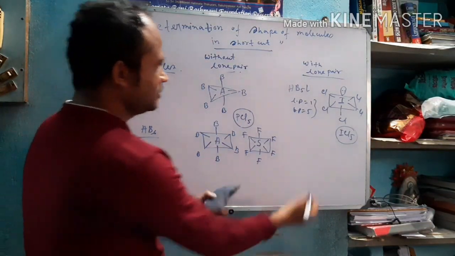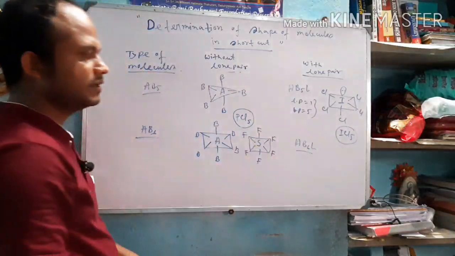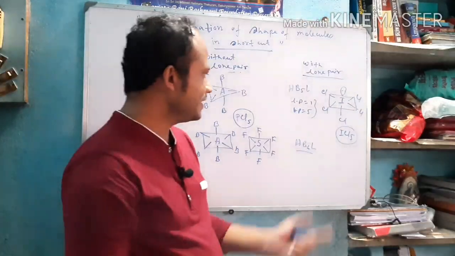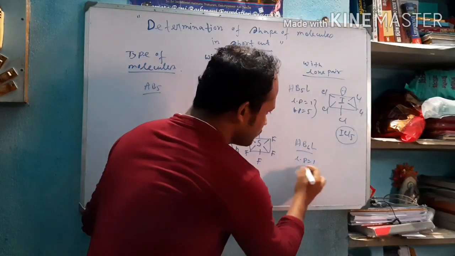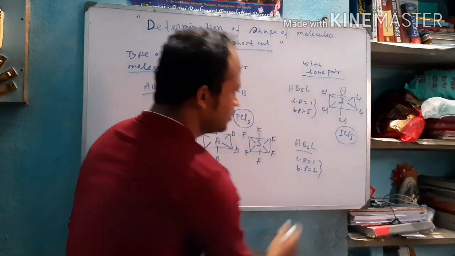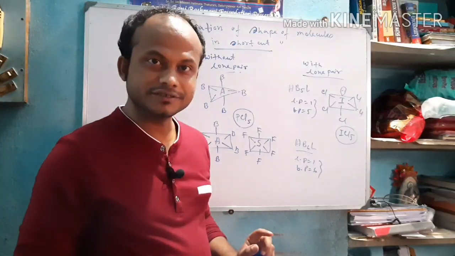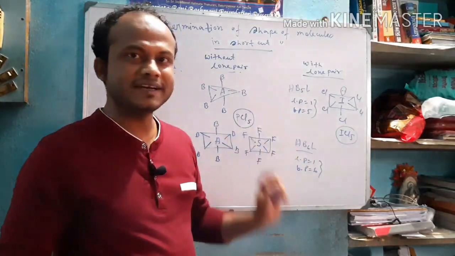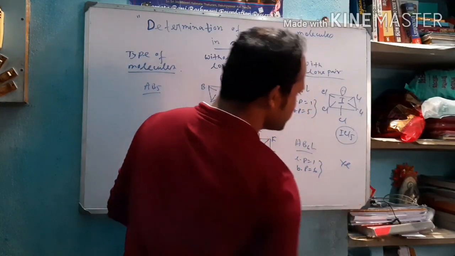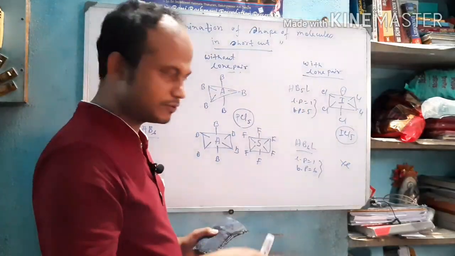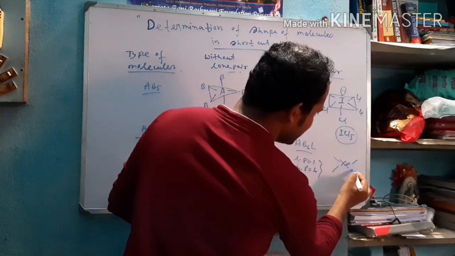With lone pair, you can predict AB6L like above. AB6L, that is 6 covalent bond pairs and 1 lone pair, that is lone pair equals 1 and bond pair equals 6. So the valence shell electron number is 6 and 2, 8. So the A atom will be group 18 element. A is group 18 element, that is xenon, and xenon with 6 fluorine atoms. Xenon can form with 6 fluorine atoms with 1 lone pair. The structure is like